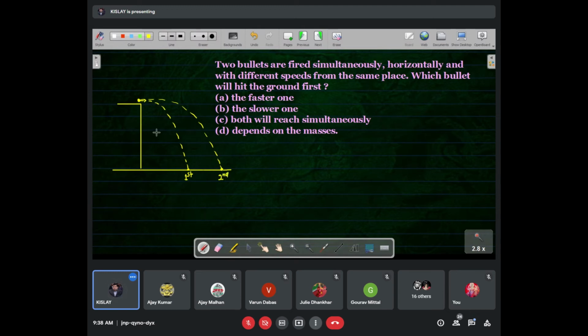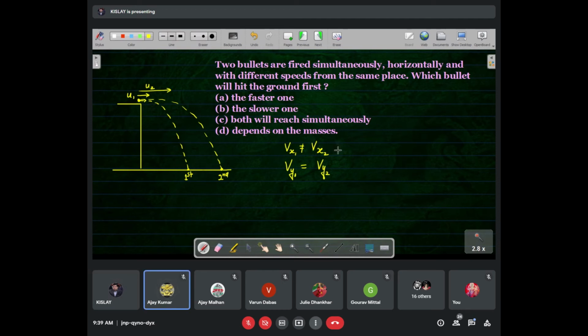See, in both the cases, they have different initial velocities, but the velocity is only in the horizontal direction. Velocity means Vx for first object and Vx for second object are not equal. But if we talk about V in y direction, it will be equal in both the cases. पहले आप ये बताइए, what I have written, is it clear or not?